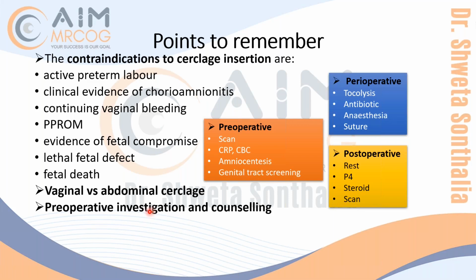So please be careful about that. If they give you such a scenario, you will choose amniocentesis before choosing cerclage, because if there is infection, you are not going to do it. So it's important when is the role of amniocentesis and when not. Because in the exam, they will give you a scenario where you feel infection and they will give you an option of amniocentesis. So you will choose that before cerclage if you are suspecting infection in her. So preoperative investigation, be careful in that. In selected scenario, it could be CRP, CRP more than 4 is dangerous. It could be amniocentesis if you are suspecting chorioamnionitis. So this is important to rule out the contraindication.